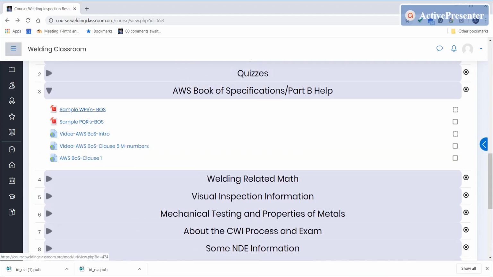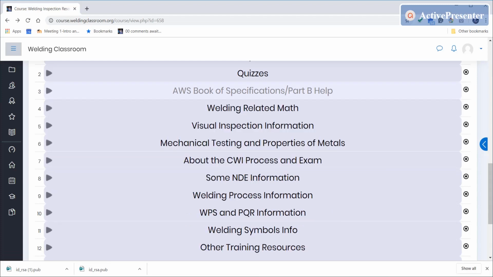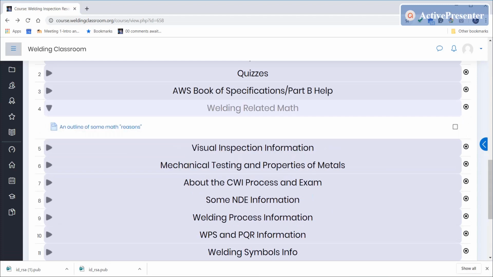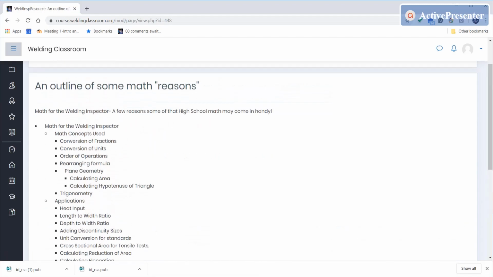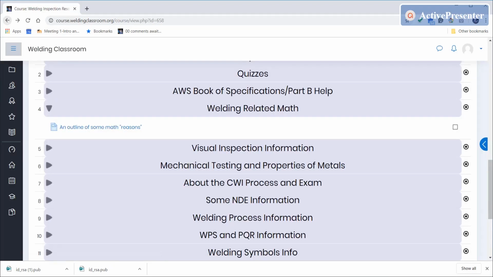Got some sample WPSs, sample PQRs, links to a couple of videos that I've made for the AWS Book of Specifications. Hope to get a few more of those made. Here's a topic for welding related math. And this is just an outline of why some math reasons would be important. Okay. Nothing spectacular. But with any of the subjects that are on here that are related to welding inspection, you